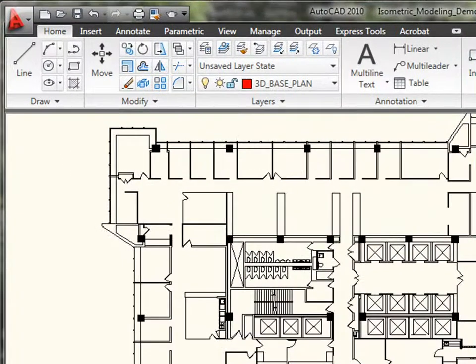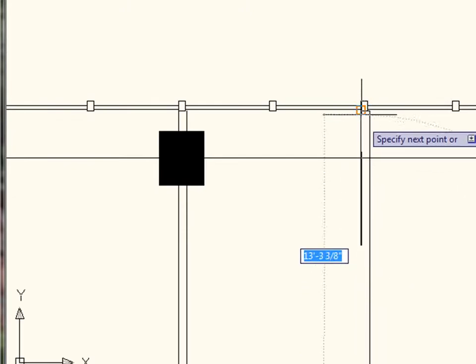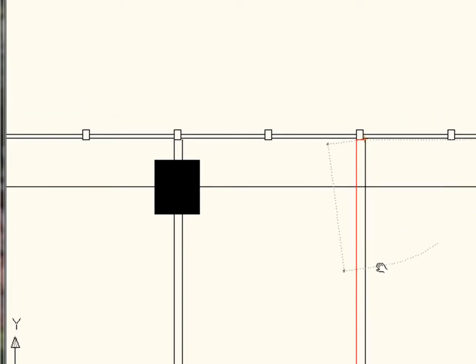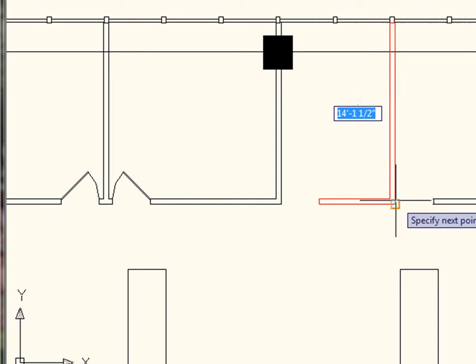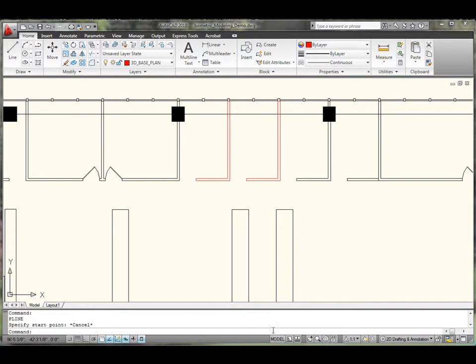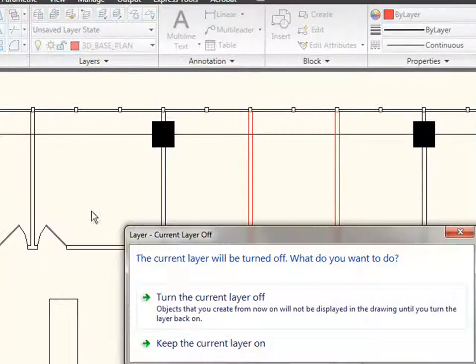Next, we need to trace the base plan using polylines. With the polyline command, start tracing the thickness of the walls until you have a complete closed polyline. Once we've traced all of the walls that we want to model, turn off the 3D base plan